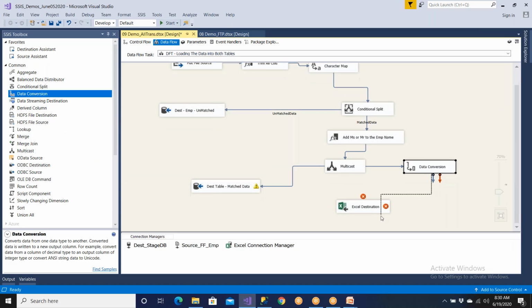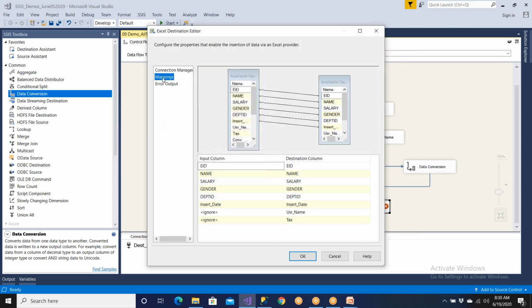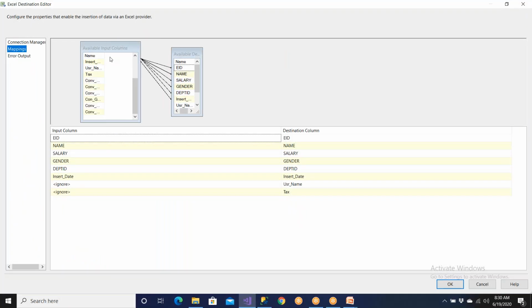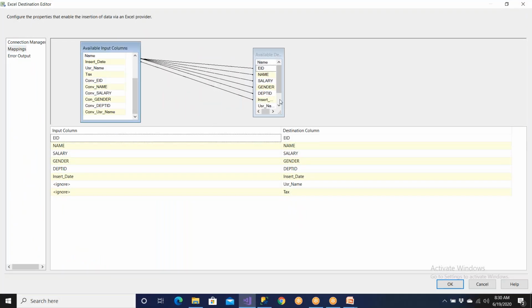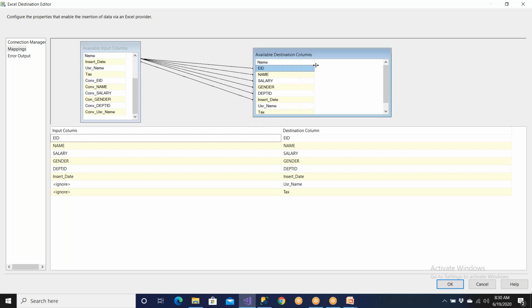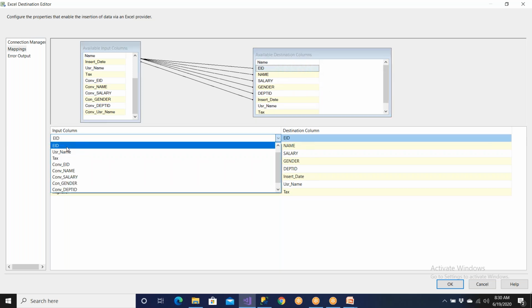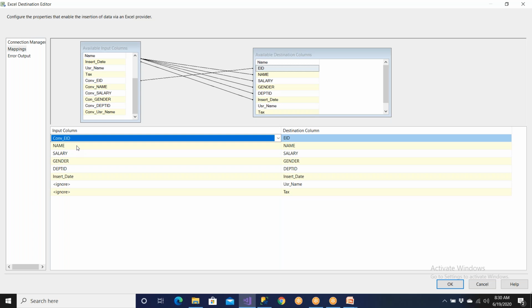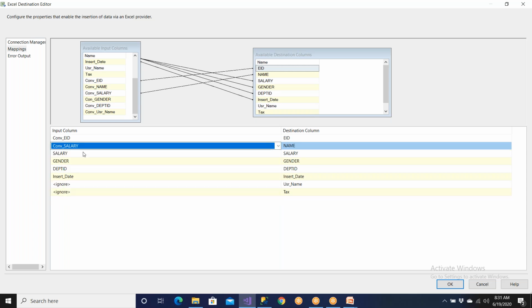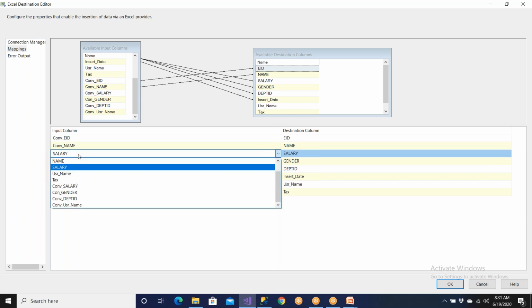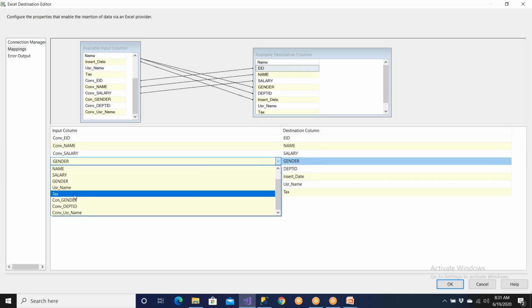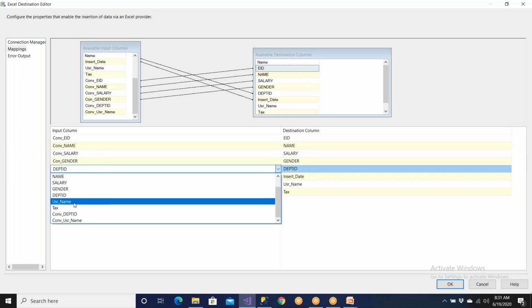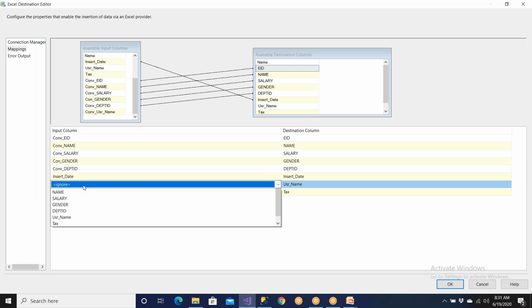Now you take this, double click on this. Now you go to mappings. Employee ID should not be mapped to employee ID. You have to drag. Now employee ID should be mapped to converted employee ID, converted name, salary, converted salary, gender, converted gender, department ID, converted department ID. Insert date is fine. Username,